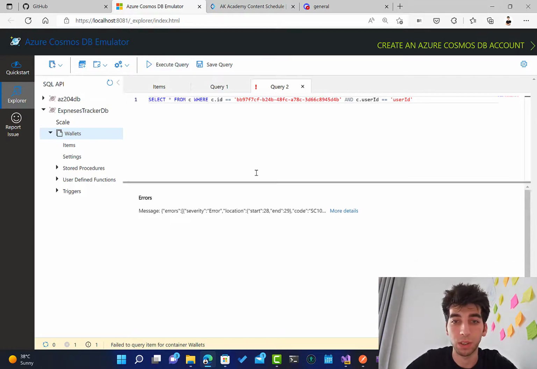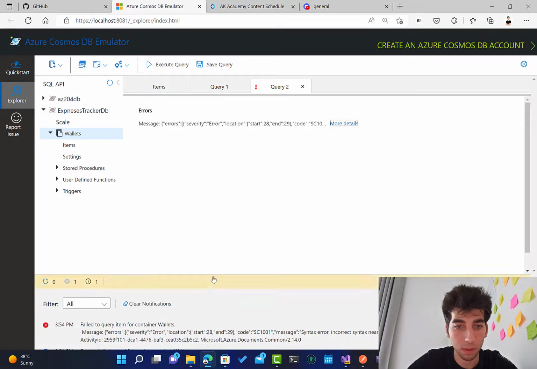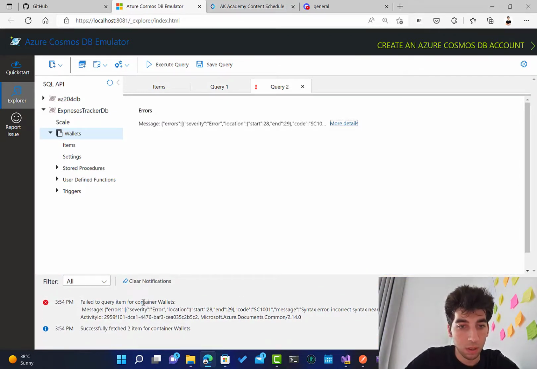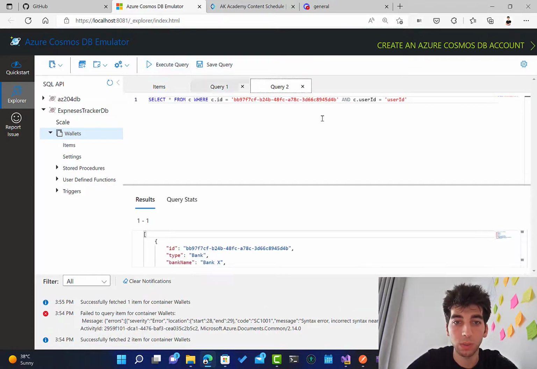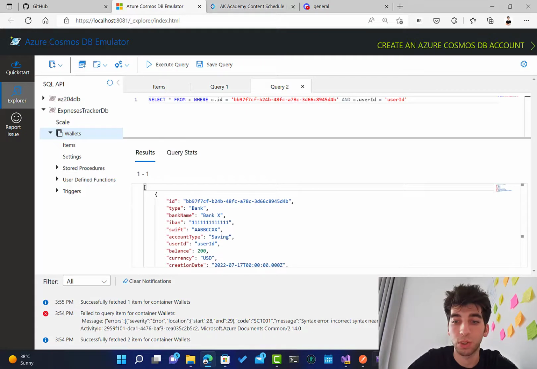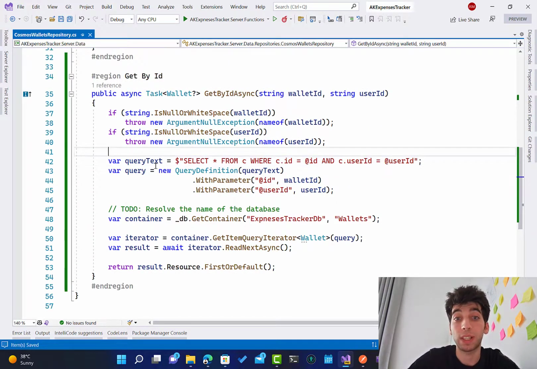Execute, and we get an error that says syntax error, incorrect syntax near equals. Okay, let's take a look at what we have. Oh yeah, over here we have only one. Okay, here we go. So this is what I have. This is in C# and not over here. So let's update our query over here. It's only one. Yeah, very good. So this one, we are going to test that in the next video, but for this video